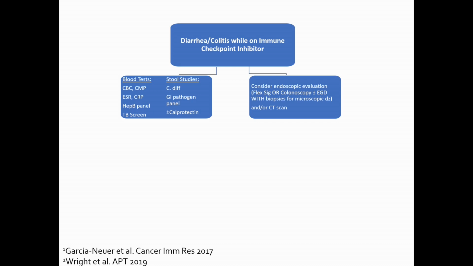I'll mention the fecal calprotectin. This is a unique GI marker that we use a lot in inflammatory bowel disease that was making some headway in the immune checkpoint world. This is a marker of neutrophilic activity in the GI tract, so it's sort of the CRP of the GI tract, so maybe a little bit more sensitive and specific to GI toxicities, and so we're trying to understand how to best use this in the field.